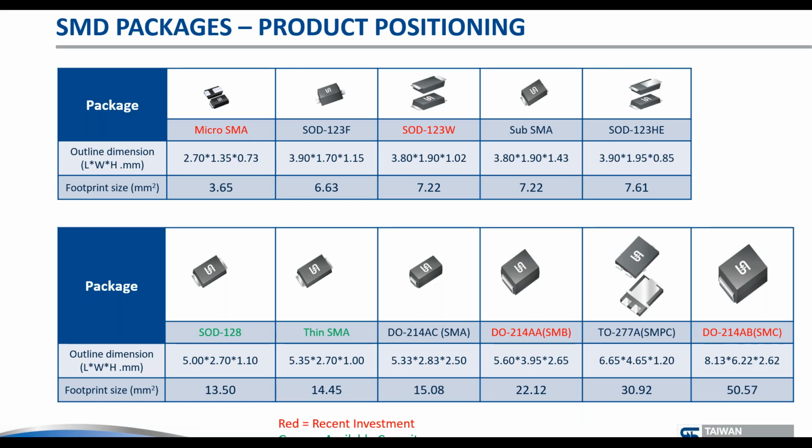And this actually is the issue here. Not everybody in the business appears to be willing to do so. So then we go to the bottom line, and to everybody's surprise, maybe, the SMB and SMC packages are doing extremely well and have recent investment. It shouldn't be a surprise, really. If you want to downsize an SMB or an SMC, you can, but most people are using these bigger packages because they're already dissipating half a watt or something like that, or at least 300, 400, 500 milliwatts. Now, you can downsize or increase the power density, but essentially only on multi-layer boards, because